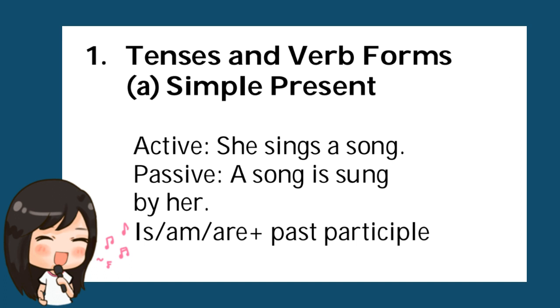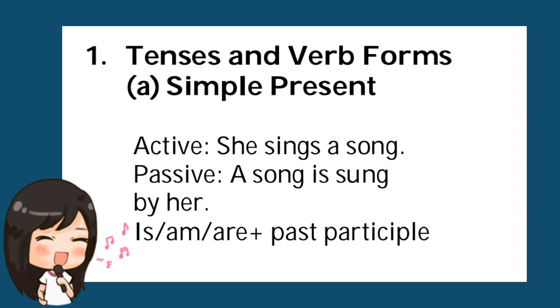We should note one thing. When we change an active voice into passive voice, the word order is also being changed. Subject, verb, object order will be followed in active voice. But while we change that sentence into passive voice, that order will be object, verb and subject. So here she sings a song. What's the object? A song. So in passive voice, we are starting the sentence with the object. What's the subject in the sentence? A song.